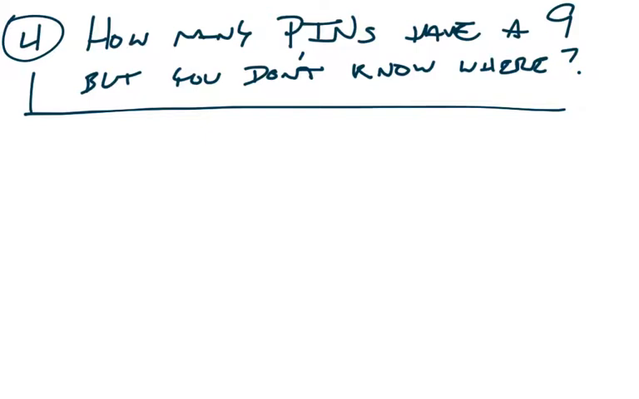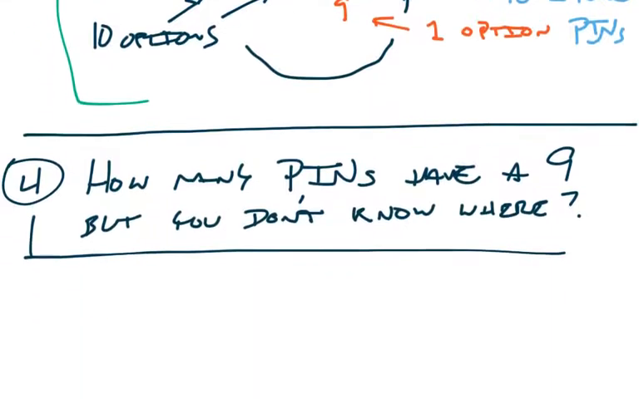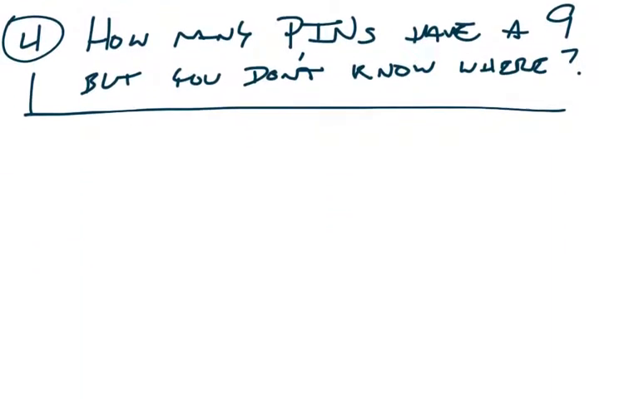All right. So you want to know how many pins have a 9 in it, but you don't actually know where the 9 is. So now you run into an interesting quandary. Let's attack it the same way we just did. If we know that there's a 9 in the third position, we know exactly how to do that because we just did that right here. So let's do the exact same logic. Let's say that we happen to know the 9 is in the first spot. So if the 9 is first,